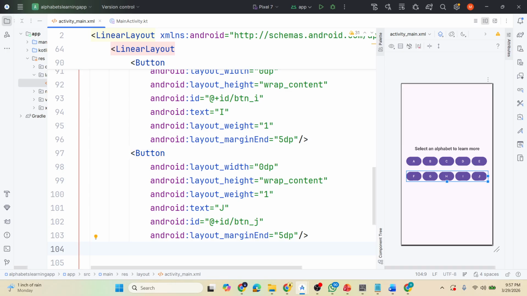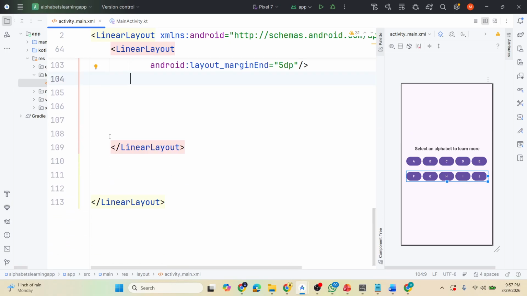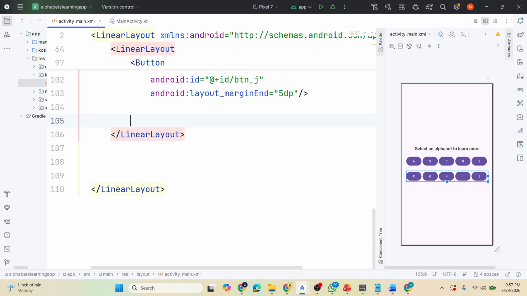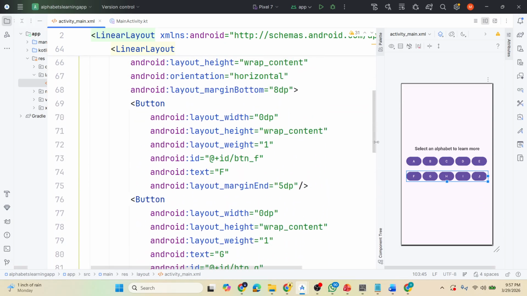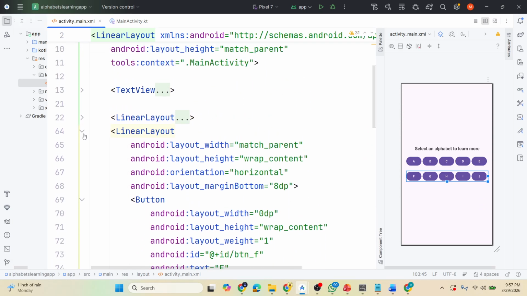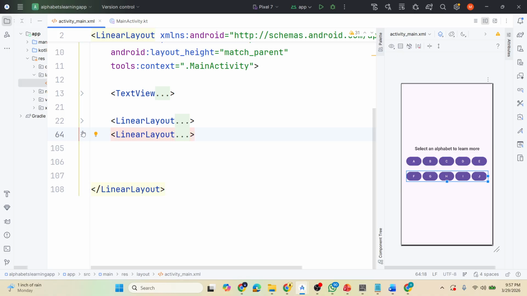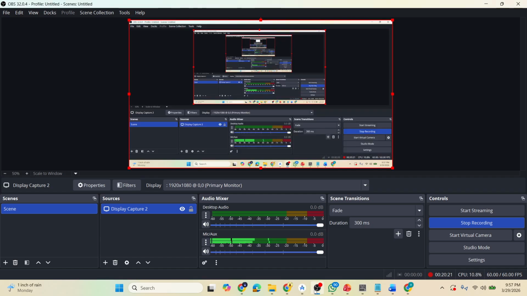So A B C D E F G H I J, and I think we are going to close the nested linear layout here. So far you can see we have two linear layouts for these two rows, and we are going to continue on